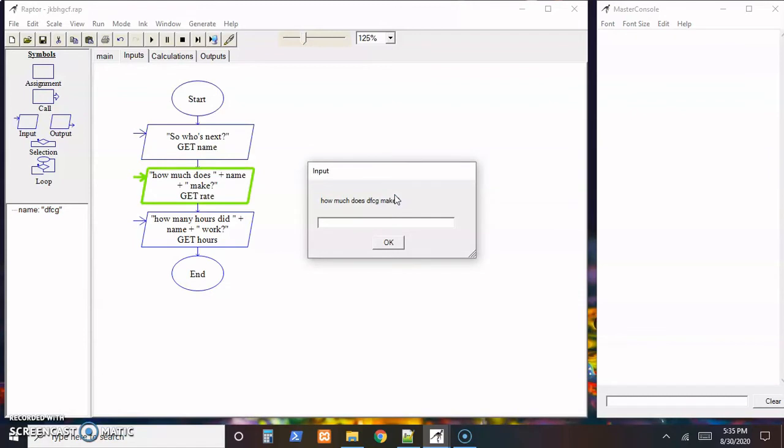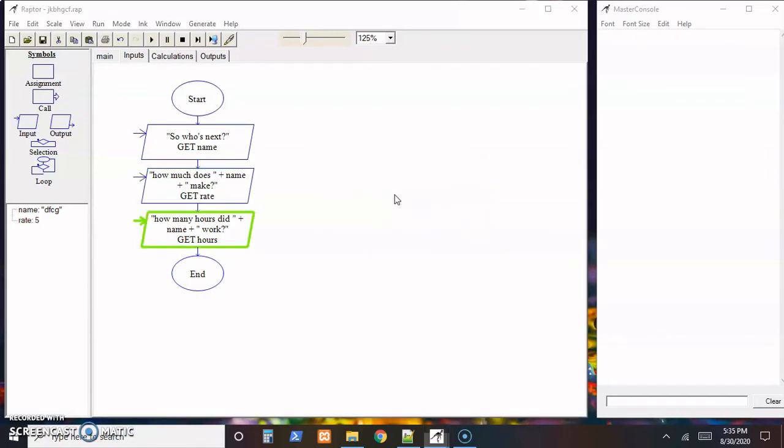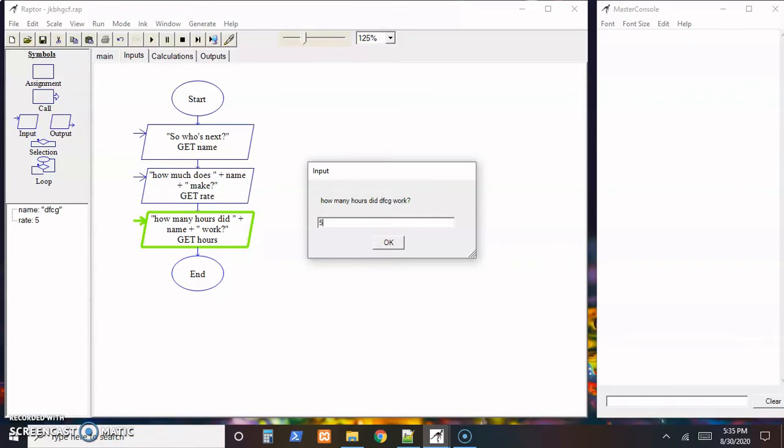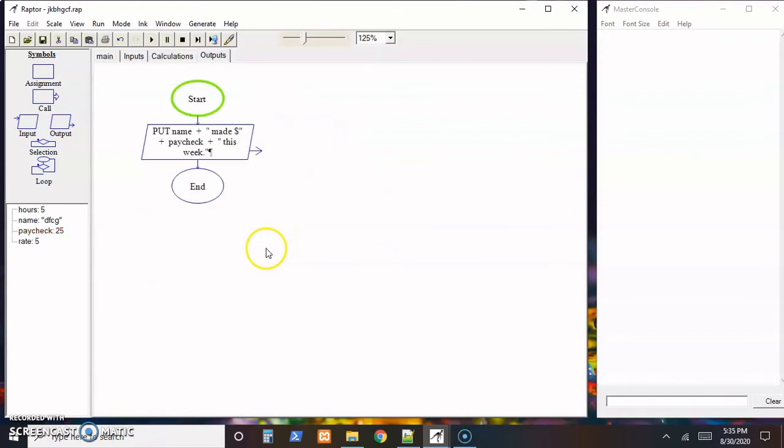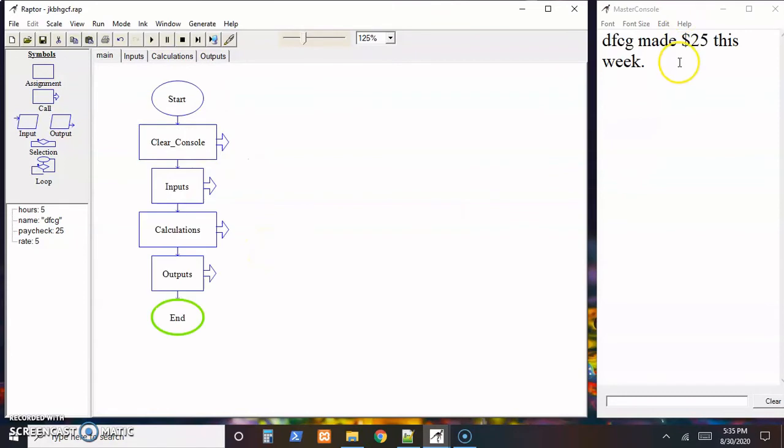I do need to make sure this is a number, so 5 and 5. Make sure those are numbers. It's already been tested, but we can see here it went on the no branch and did all the calculations and output that. So if we run it again,